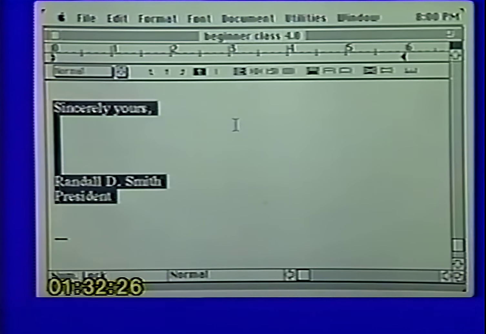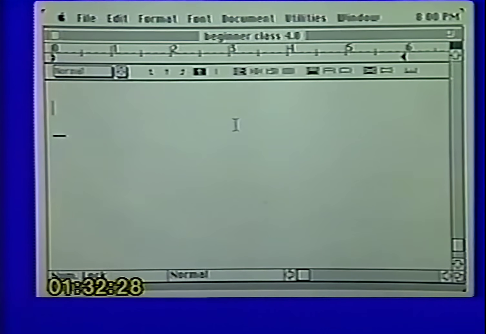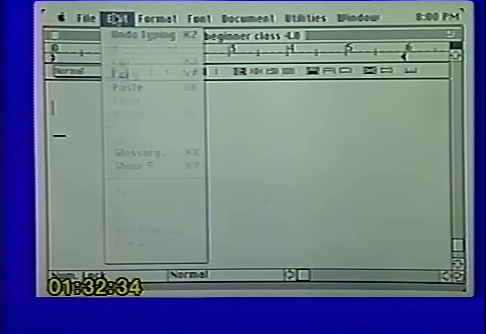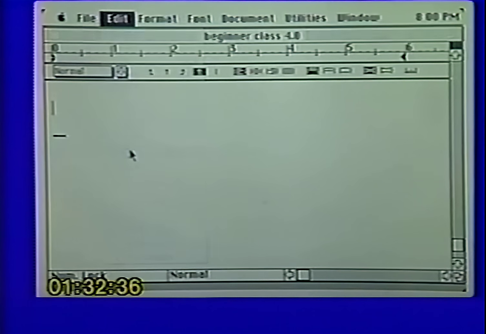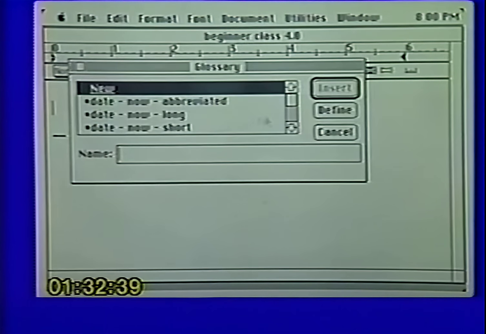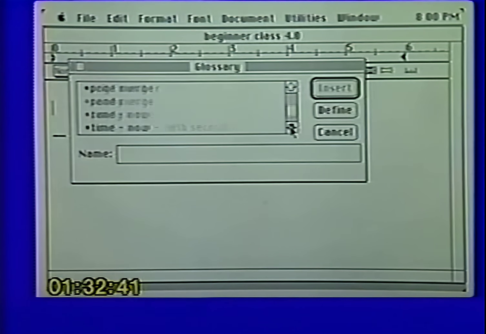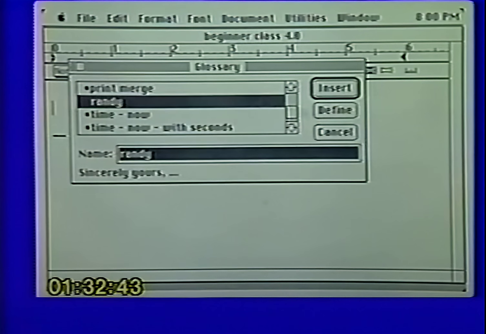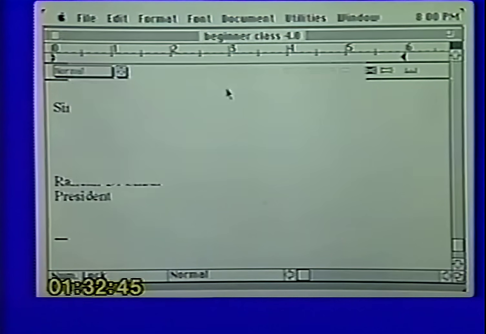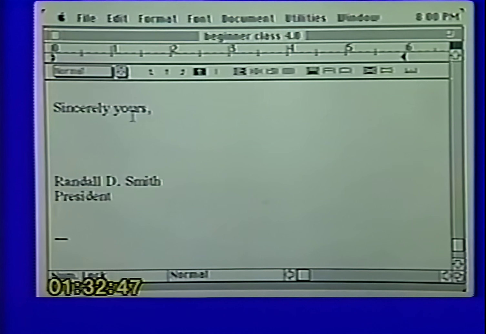Now let me show you how that works. Let me say I'm typing along in my letter. I get to the end. It's time for my signature. There are 2 ways of accessing the glossary. Let me show you the long way so you know how it works. I simply go up and open up glossary, find my name that's in there and hit insert. And there it is. Now some of you might say, well gee, it took you as long to do that as it would to type it. Well, if it had been 3 pages, that wouldn't have been the case. But there is a quicker way to do it.